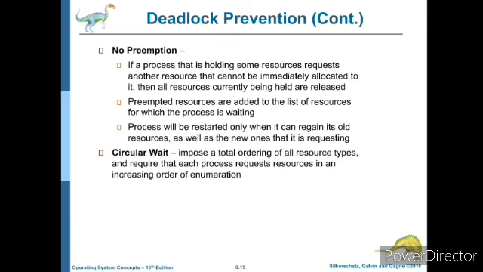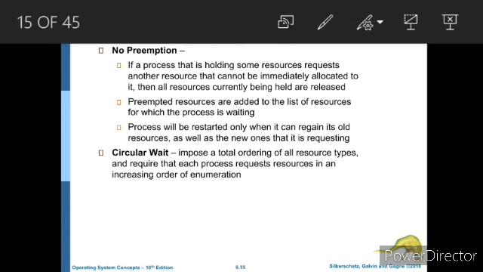Okay, last one we have circular wait, the fourth and final condition for deadlock. One way to ensure that this condition never holds is to impose a total ordering of all resource types and require that each process requests resources in an increasing order of enumeration. That is, for example,